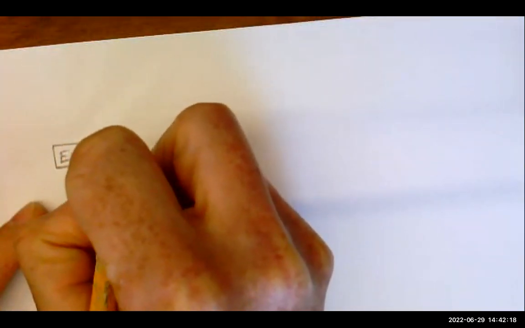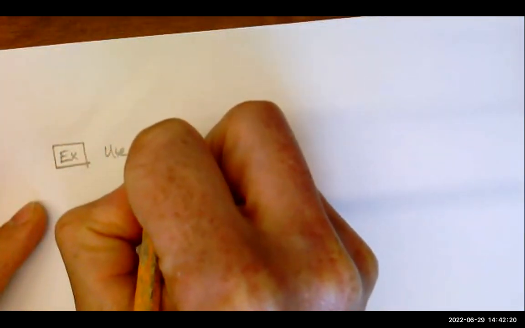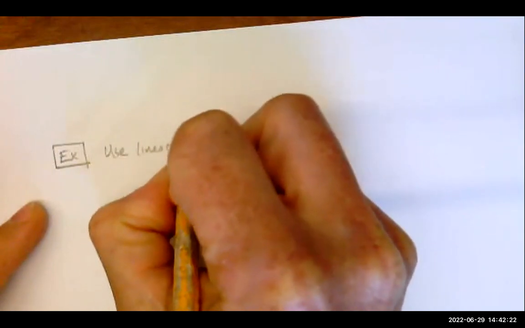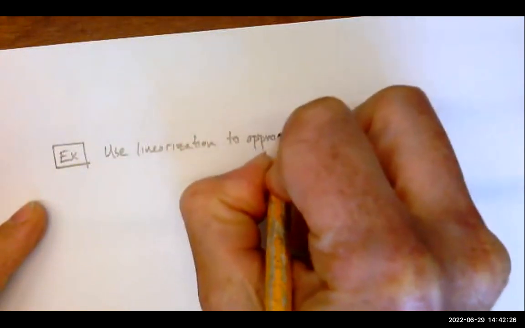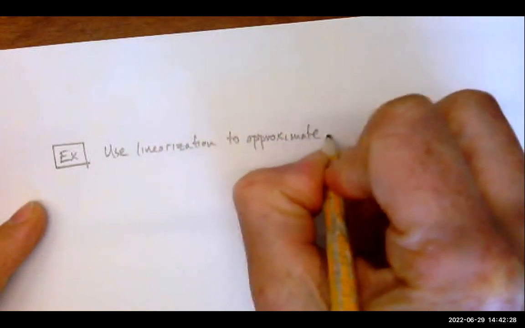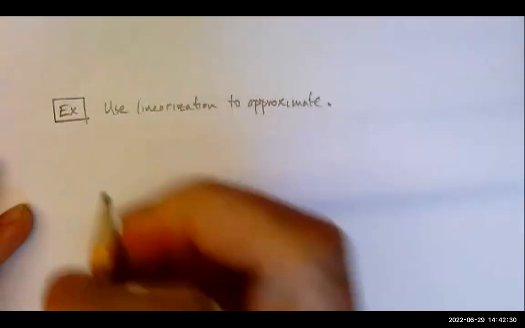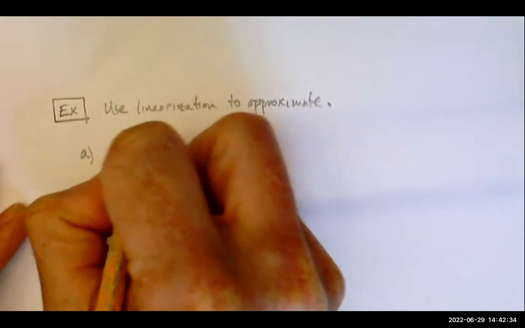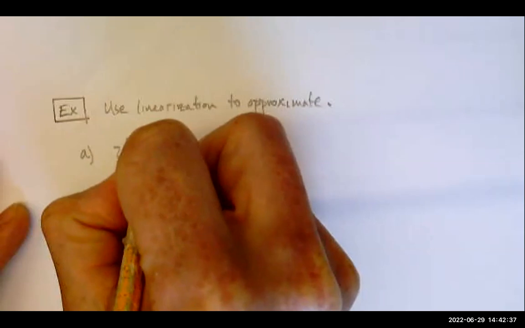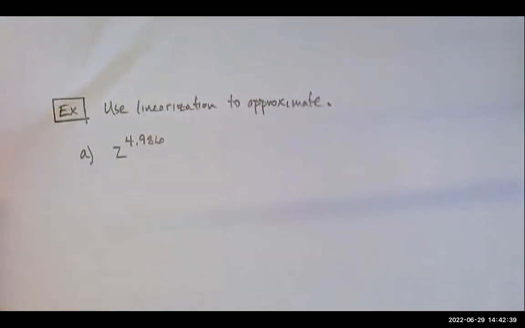Example: use linearization to approximate, in part A, 2 raised to the 4.986. All right, so in the end,